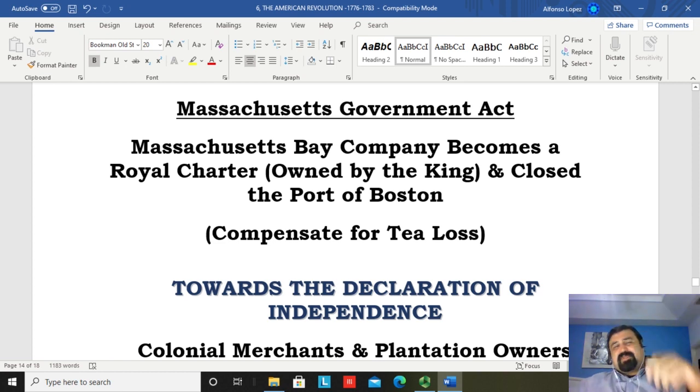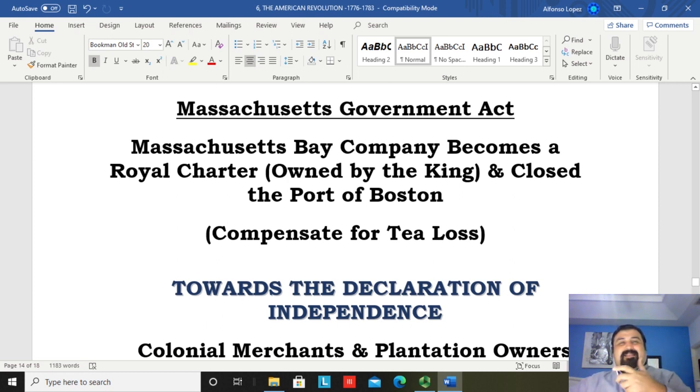So the Massachusetts colony was actually a company. It was called the Massachusetts Bay Company, owned by a series of investors and stockholders from London, particularly from Plymouth as well. And so that charter, the charter that the Massachusetts Bay Company obtained from Parliament and from the King was